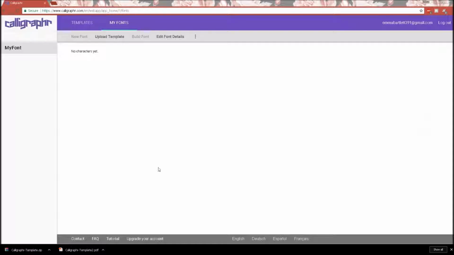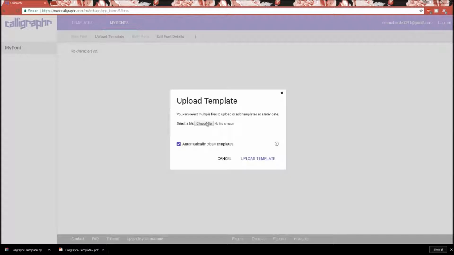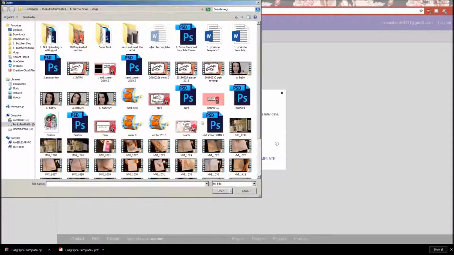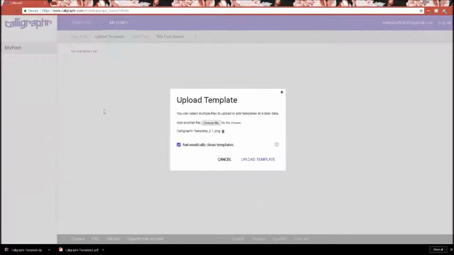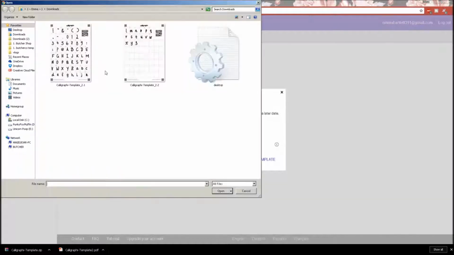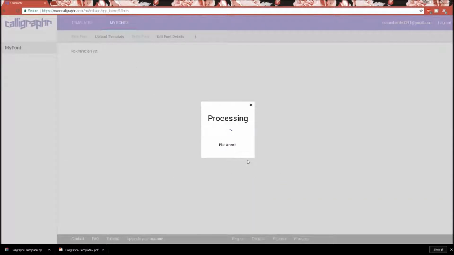And once I'm in the website, I go to the My Font section next to templates and click on Upload Template. I then select the document that I had saved, and it only lets you select one at a time, so just choose the files individually and you can upload them at once. It then uploads all of the characters that you've created into the system,